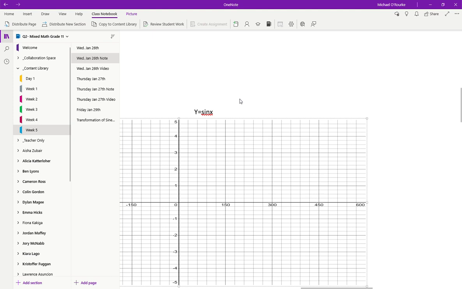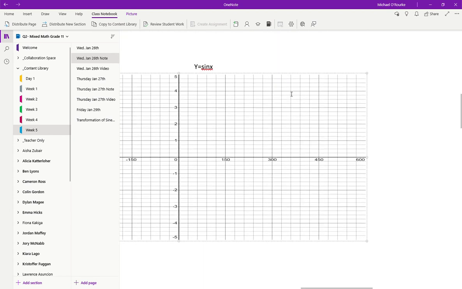I recorded that last session, but it only recorded the OneNote side and nothing that you saw in Desmos. So it's pretty much a useless recording. So I'll have to find a video online for that. Okay, so